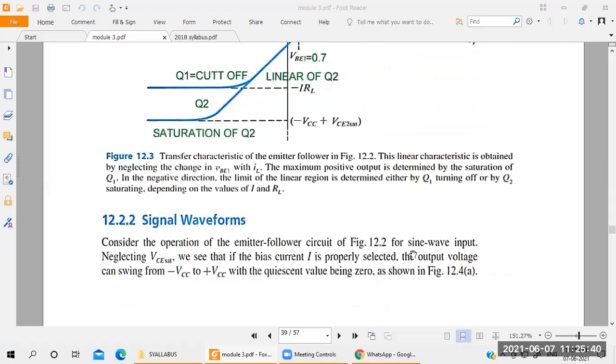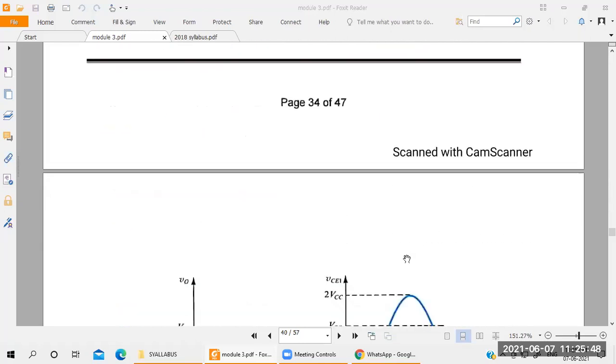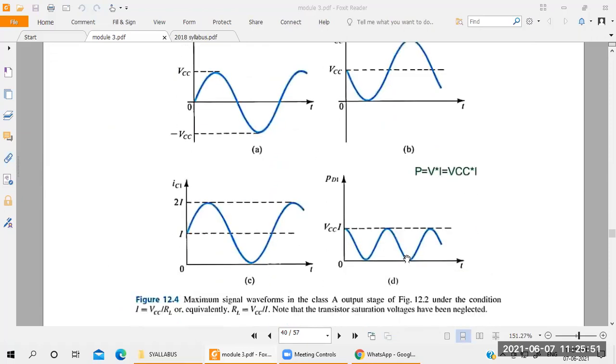So next you move on to the signal waveform. Signal, in terms of voltage and current, we can call it signal waveform. See here, they have taken 4 signals in the class A amplifier. Remember, problems are very important here. Derivation means you have to write those equations, the transfer characteristics. Then you have to write one more derivation for the maximum power transformation in class A amplifier. For that, you have to take these 4 signal waveforms.